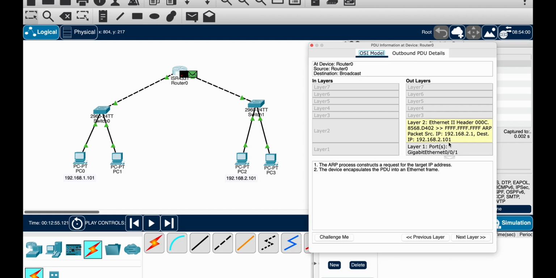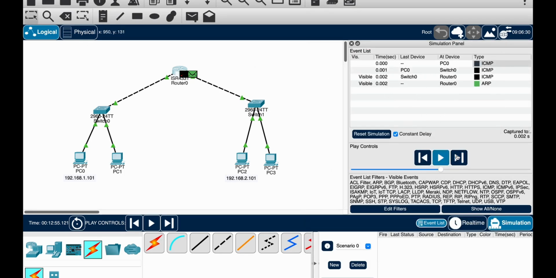192.168.2.101, but because I don't know what the MAC address of that is, I'm going to run an ARP protocol over here. Make sure that you understand this. Right now, the objective is to send this packet to 192.168.2.101, but because we don't know the MAC address of that, we have to run the ARP over here. This is going to be a one-time deal. Once the router knows where that packet is going, this information is not going to be needed anymore.